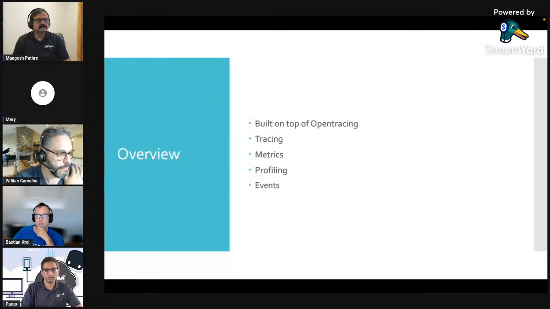So a little bit of an overview about the tracer. It is built on top of OpenTracing. So all the basics about instrumentation and tracing come from the OpenTracing API. But most of the stuff is actually built by us. OpenTracing offers a little bit of code, but also many interfaces that must be implemented. So that's what we do on top of it.